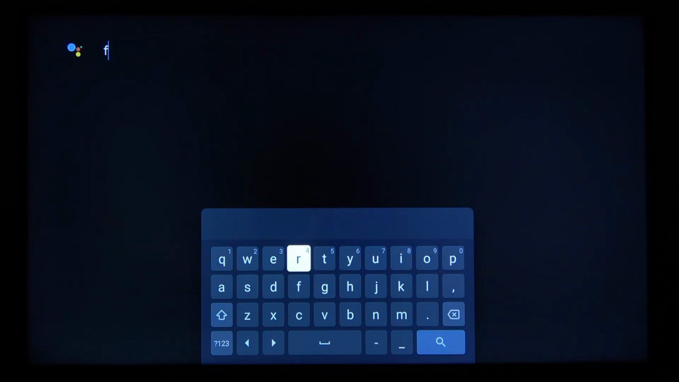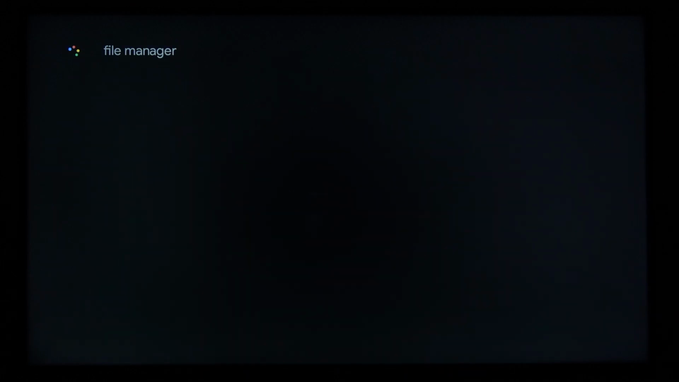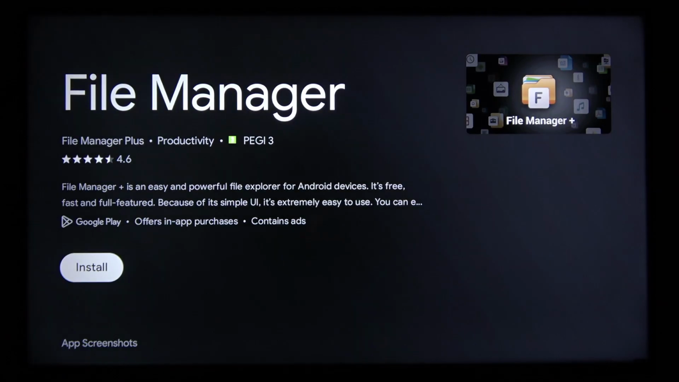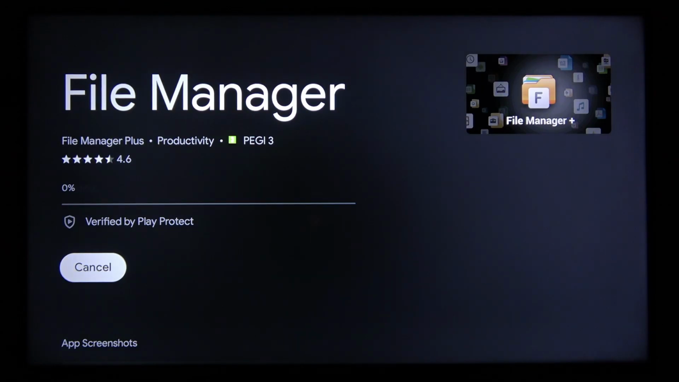Let's find an application that is called File Manager. Once you find this app, results for File Manager. This one with the File Manager Plus that has on the File Manager name, select install. Wait until this application is installed, and